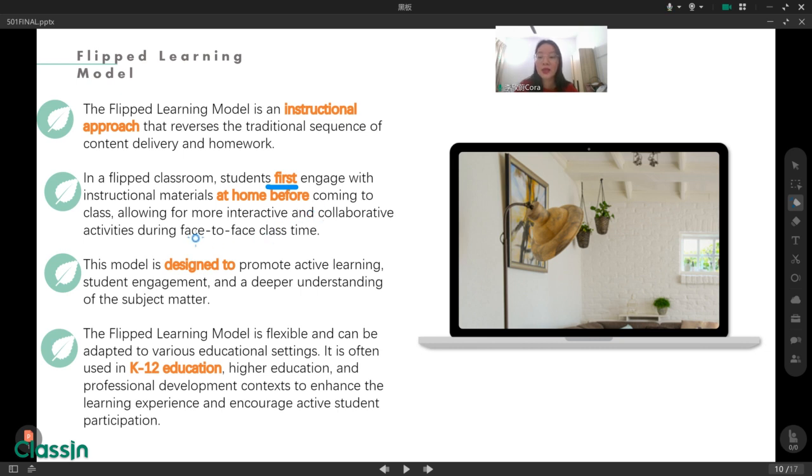Through this they can take part in more interactive and collaborative activities. After they do this, they come to the face-to-face class, which is more effective. And the third point is that this model is designed to promote active learning, students' engagement, and a deeper understanding of the subject matter.